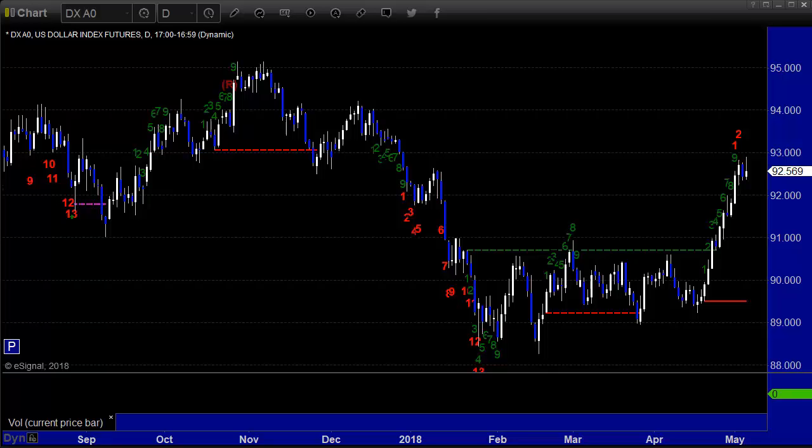Hello, this is Mark. This is the trade site Forex market preview for Sunday, the 6th of May, ending Friday, the 11th, 2018. Here's a look at the dollar index daily chart. Obviously, it came up this week. Let's look at the daily charts. We'll go through the intra-week action, and then we'll look at the data coming out this week and get a